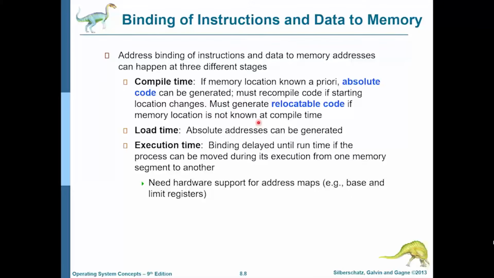Just like the compiler usually does not know where the program is going to land, it must generate relocatable code. If the loader also does not know what is going to happen at runtime, because the loader might put the program at one location, but the operating system might try to move it around to different segments at runtime, then the final address binding job is given to execution time instead of loading time. But usually the loader knows where the final program is going to be, so the loader can generate absolute addresses. But if that is not the case, then at execution time, the final addresses are generated, and those are the addresses that the CPU generates and sends to the memory unit for reads and writes.